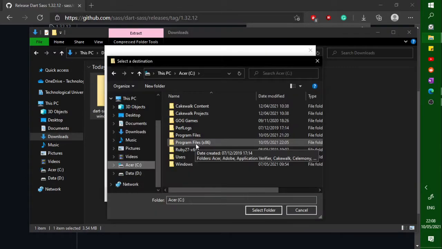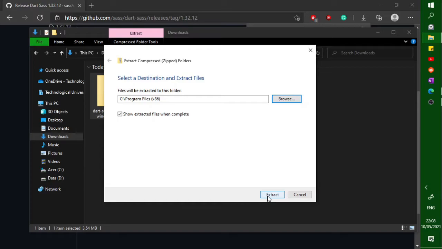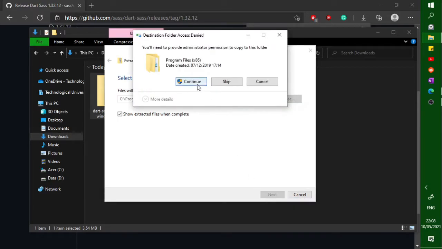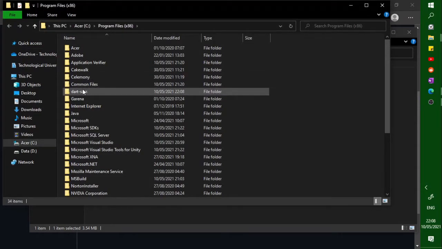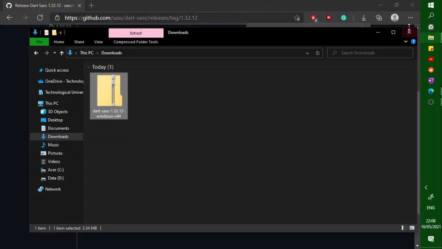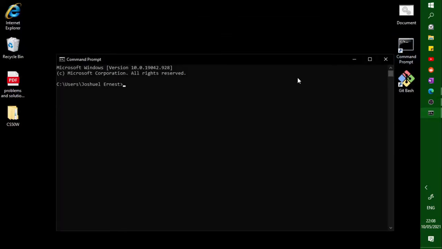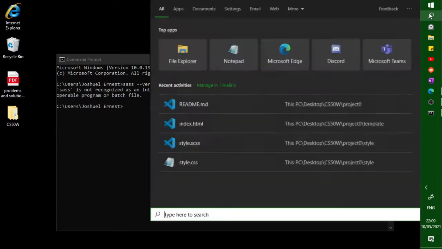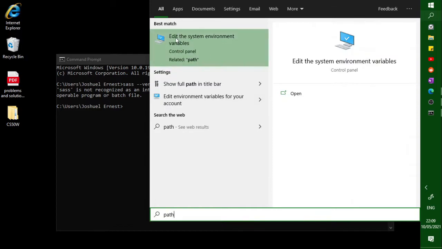So I probably want it to be in the program files. So this is the folder I'm selecting. Extract it there. Continue. So there's that, and let's see if SASS is working. It isn't working. So the next thing we're going to do is just type path, go to the edit the